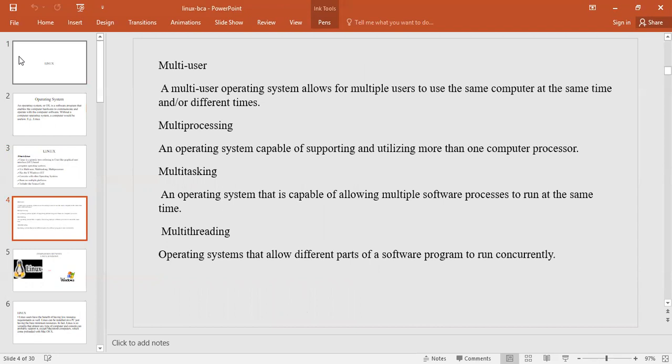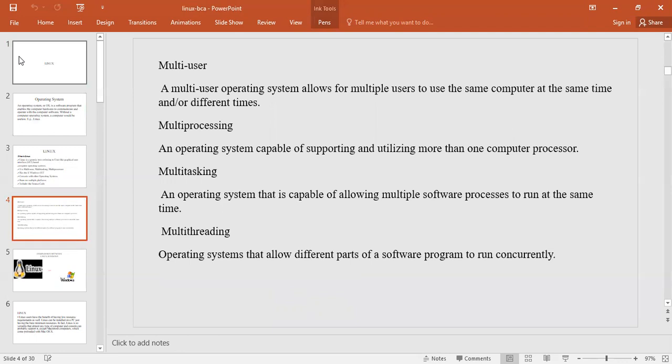What is a multi-user, multiprocessing, multitasking, multi-threading operating system? We'll see first multi-user. A multi-user operating system allows multiple users to use the same computer at the same time and/or different times. What is multiprocessing? An operating system capable of supporting and utilizing more than one computer processor.